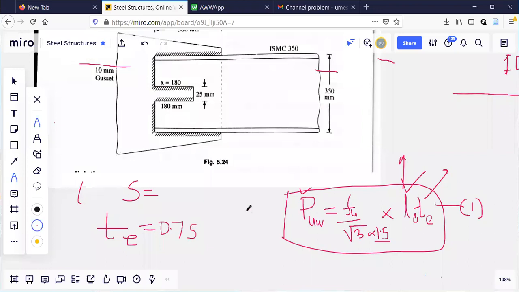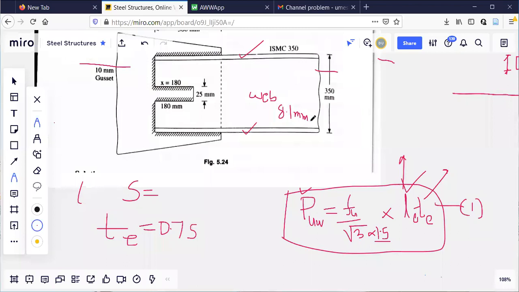Web thickness is 8.1. These are the flanges. This is one flange. This is one more flange. In the middle, this is the web. I think you know this. From the steel table, I have referred. Just now I showed how to get it. It was 8.1 given in the steel table as web thickness. So this is the web thickness.